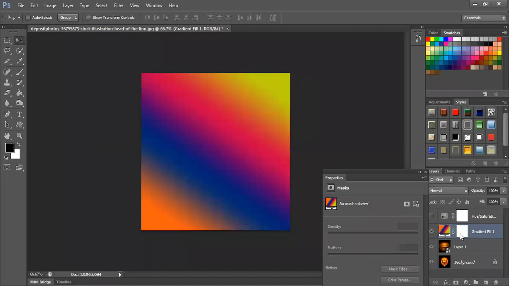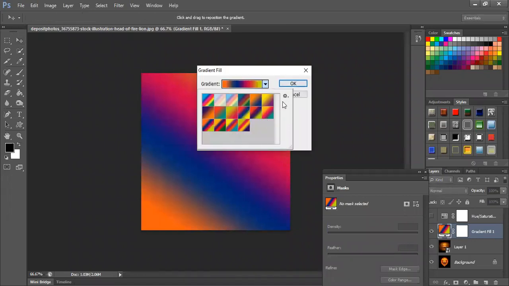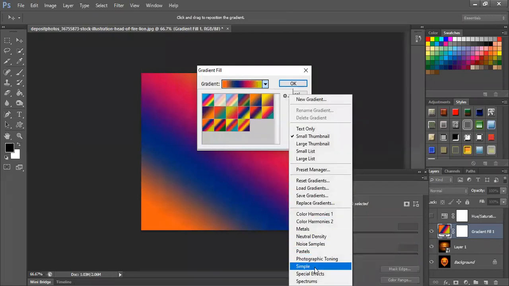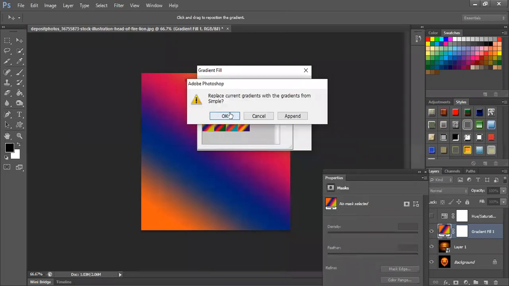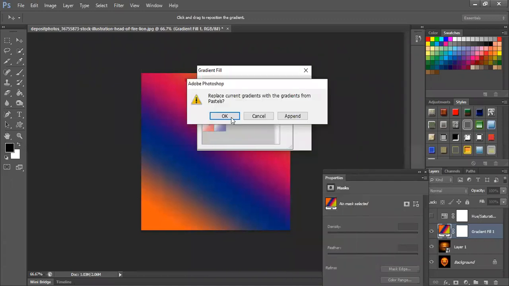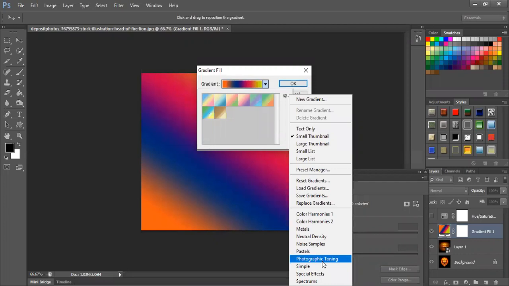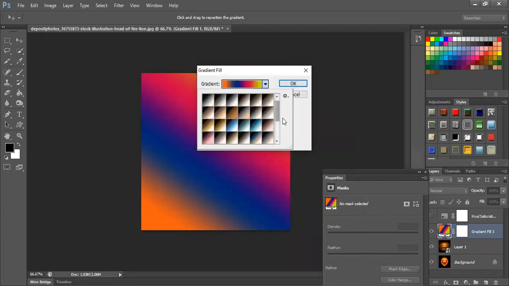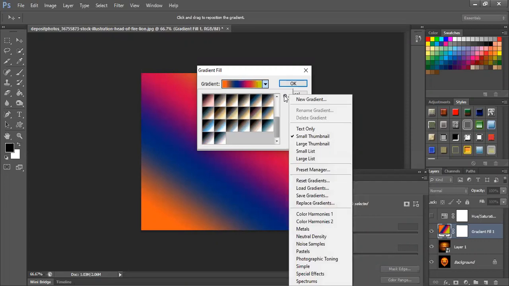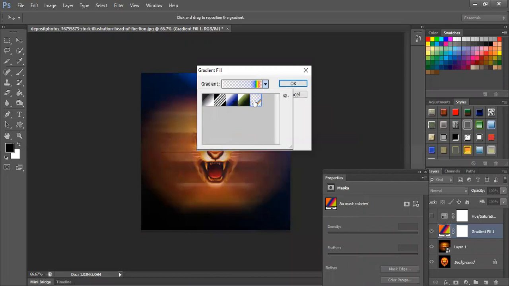So what I did is I went here, added a gradient fill, and selected a certain fill color. How did I do that? I just went to gradient fill and chose a gradient which I like. If you don't like these gradients, you have other options up here. You'll find simple gradients. If you want something with pastels, pastel gradients are lighter versions. You also have multiple other styles of gradients, special effects. Whichever style you like, you can pick up that style, there's no problem.